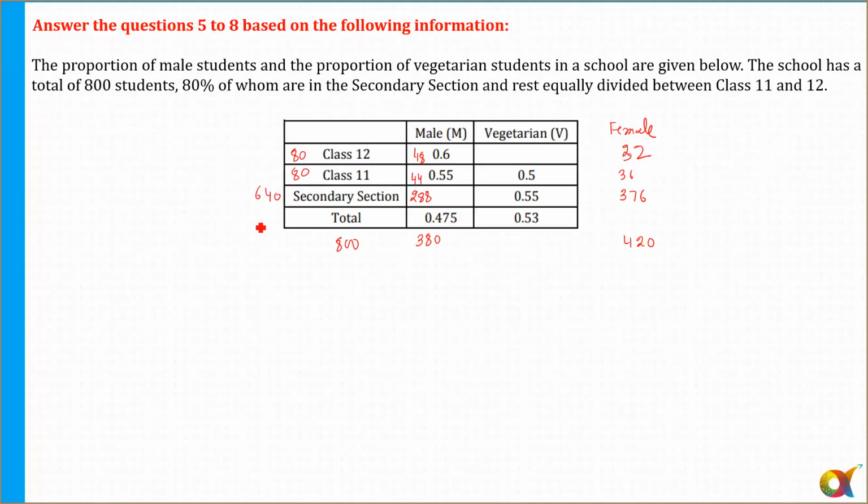Yes or no? Okay. Now, the number of vegetarians we have calculated in total, that was equal to 376, is wrong. So what was that value? What is the total number of females?